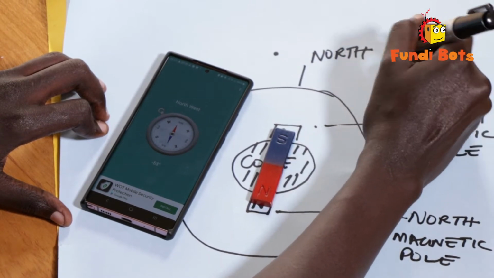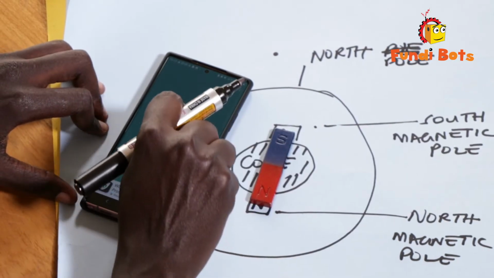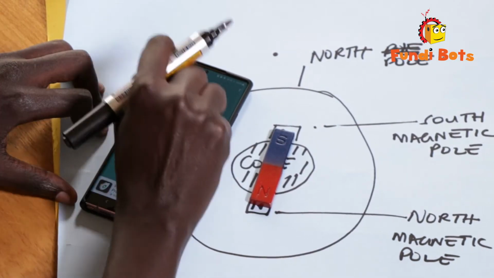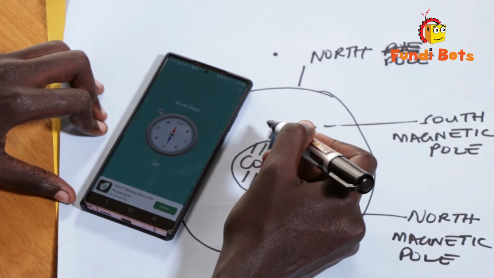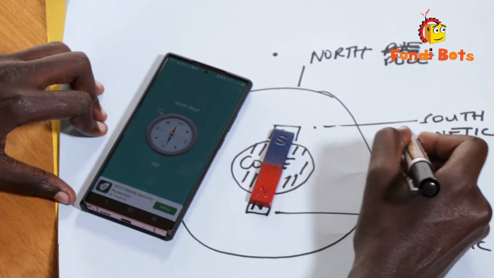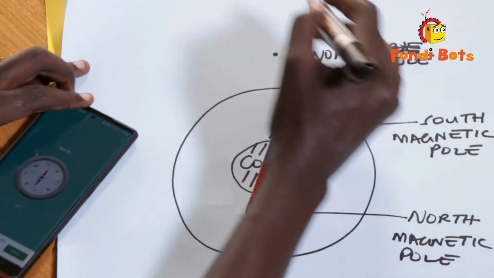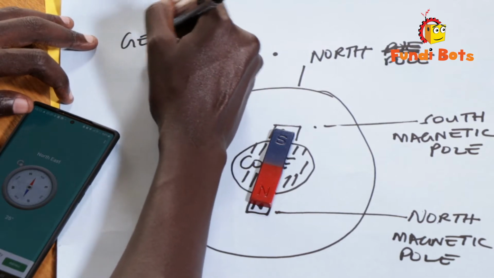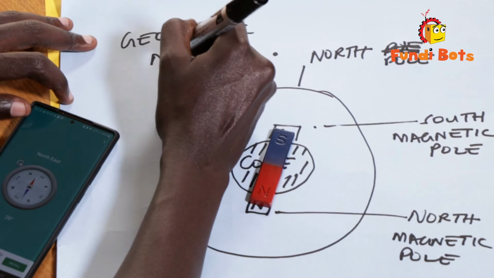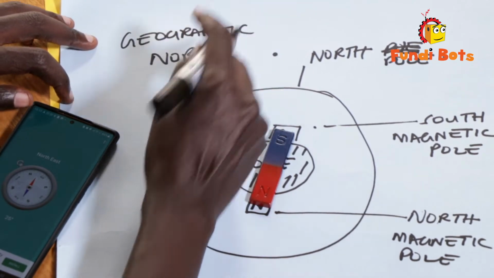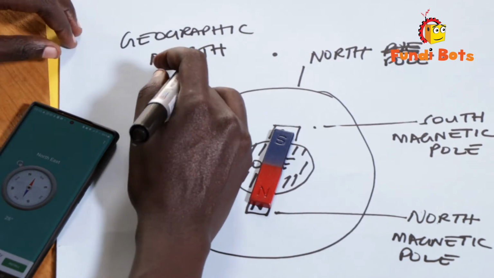And that is because the north side of the compass magnet is attracted to the south side of the Earth's magnet. So that means that when we have the south magnetic pole here, this becomes the geographic north, which is what we call the North Pole. Geographic, if you've studied